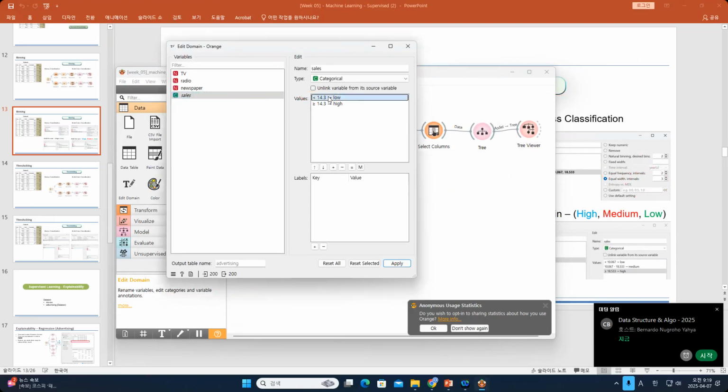So you can press this one, and you can double click. So you can change. For example, I want to change to small. Then you can also get small. If I want to change this to big, then you can also get the value big. So let me just change back to low, and let me change this to high. So the high sales, low sales will be the category. After that, please click apply, and then